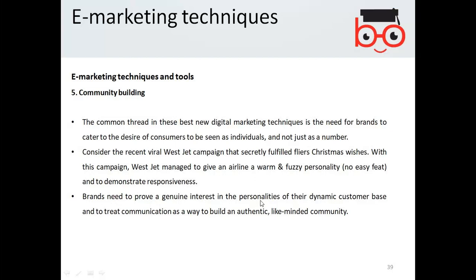So community can simply be explained like you create a group of discussion, and a group of discussion is one kind of community building. For example, people who are interested in buying Apple products, and then that kind of community will really be the targeted audience for you. It is a kind of e-marketing tool where you are targeting and marketing on a community basis. Is that clear? Clear. Yeah, so that's done.